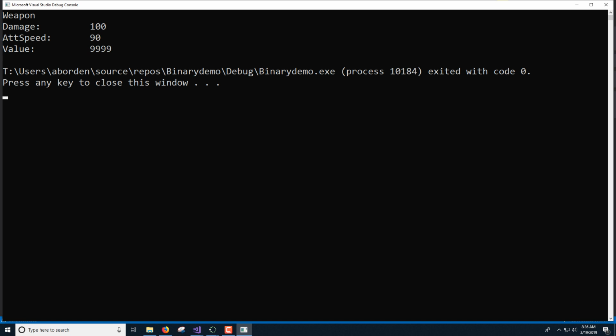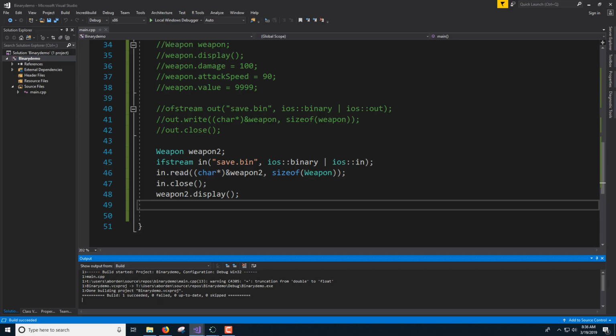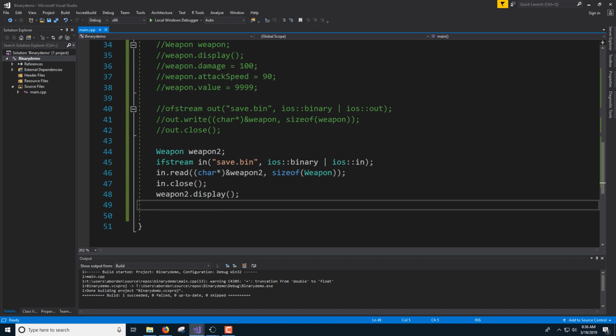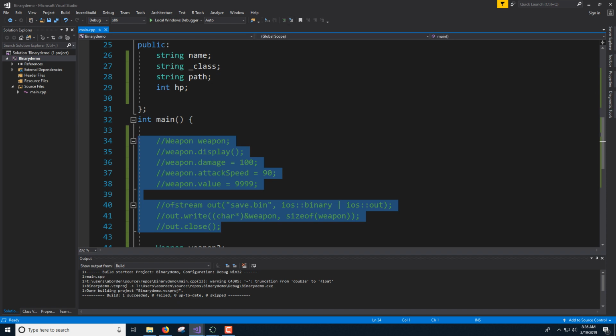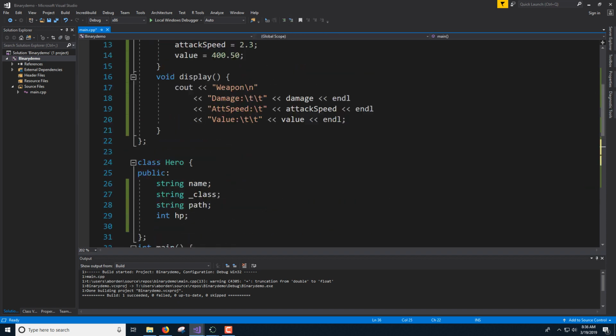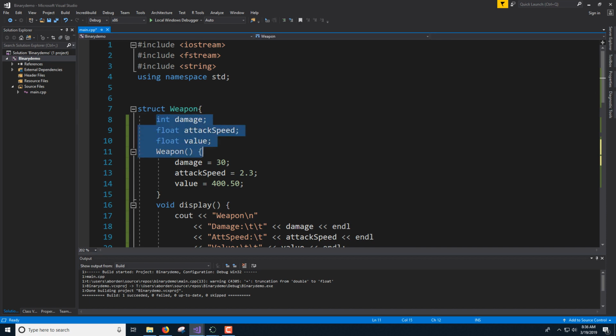All right, so I did get my values that I saved. That means it's working properly, nothing crashed. So this is all really good. Does everyone understand how this works? It's not too complicated. You tell it start at an address, and read or write, and then you tell it how far, how many bytes. And as long as you are working with really simple primitive data, this works just fine. But